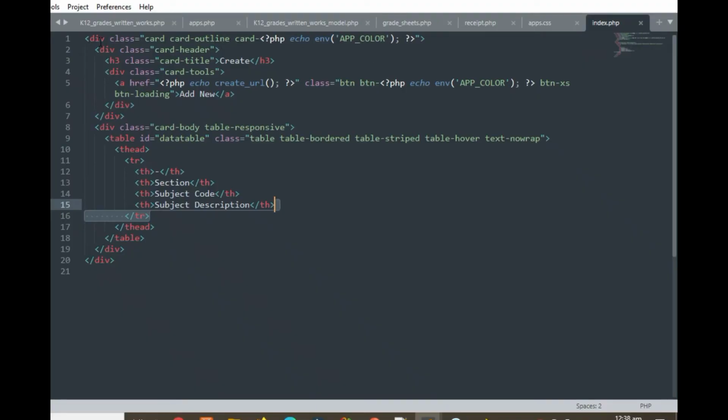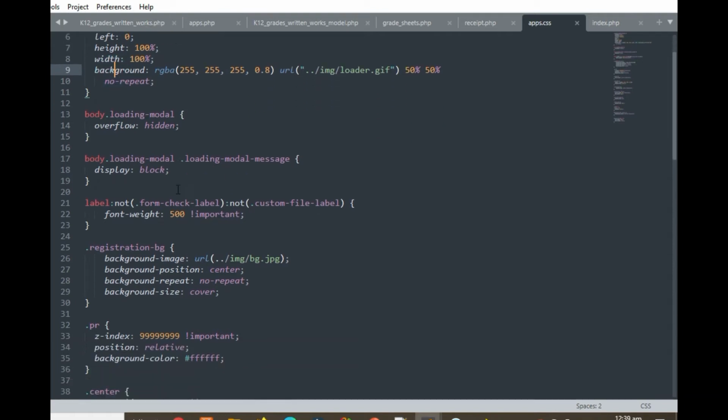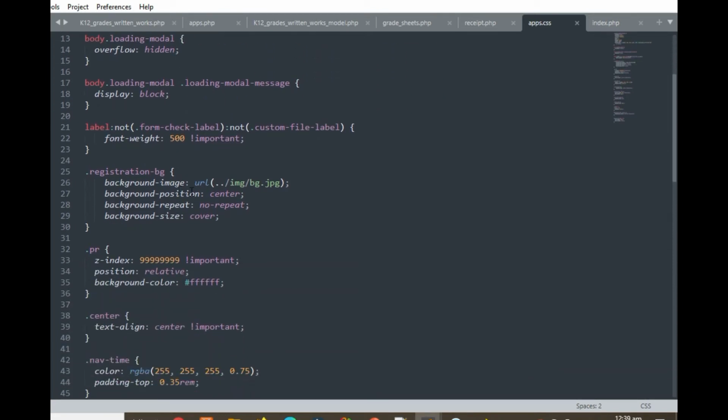So as being shown here in the screen, we have the HTML component. So we have the markup languages. As you can see, the markup language is a paired type of markup language. We should open and then we should close the tags. And then we have the cascading style sheet. As you can see, if you are familiar with this coding, we can configure, set up the layout, the color,